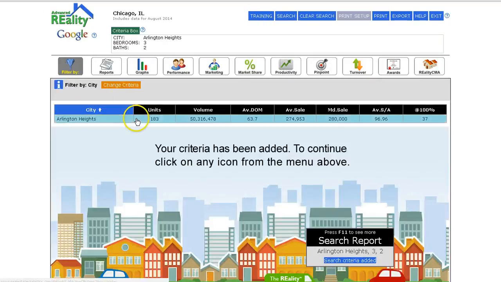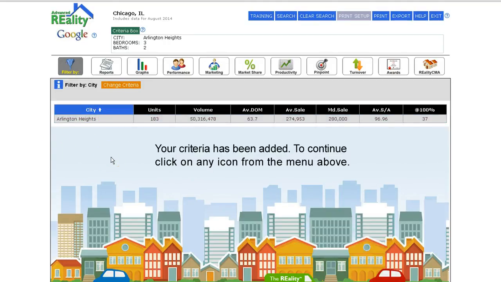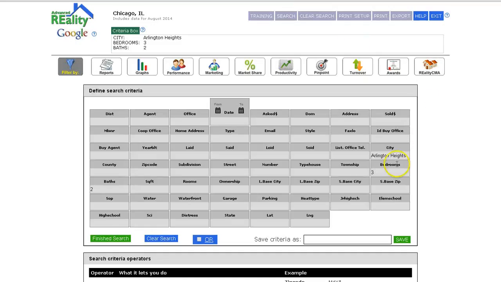You've now printed all the graphs you need for your listing presentation, and then you realize, oh, I've got another one today. Same city, same number of bedrooms, but the bathrooms have changed. We can go into this search box, and this is where you'll find the information you've actually entered into your search criteria. We can see that the city is Arlington Heights, 3 bedrooms, 2 bathrooms. So now you want to adjust to produce more graphs for your second listing meeting. But the home has 3 bedrooms and 1 bathroom. We can simply change the information here, finish our search,